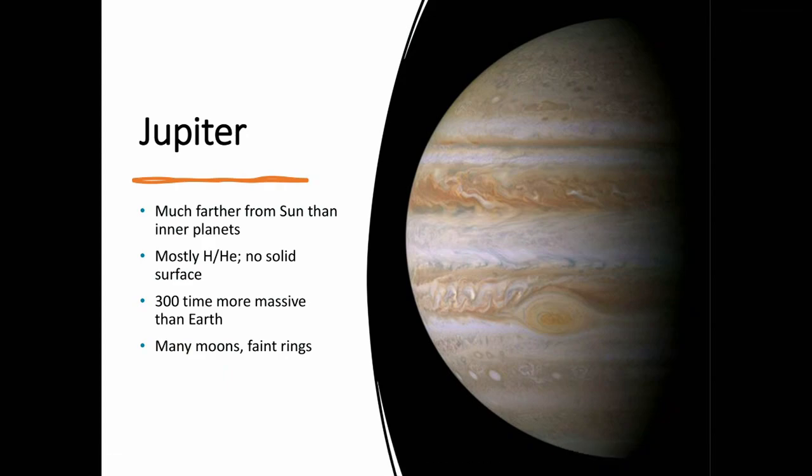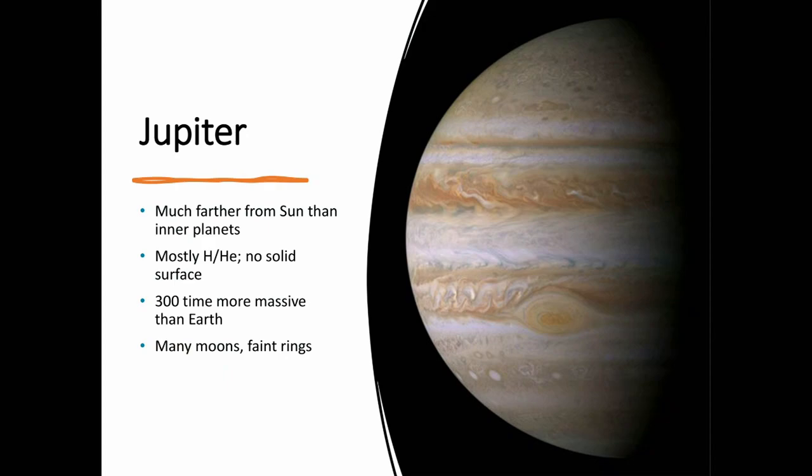So the 4 terrestrial planets are closest to the sun, and then the next planet out from the sun is Jupiter, which is a gas giant. It's much farther from the sun than any of the terrestrial planets. It's mostly made out of hydrogen and helium, so all of the inner planets were rocky, and now the gas planets are mostly gas. It's 300 times more massive than the Earth, and